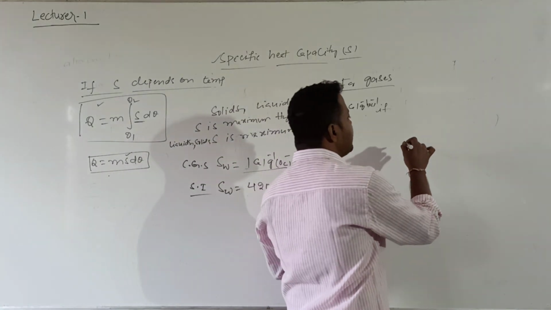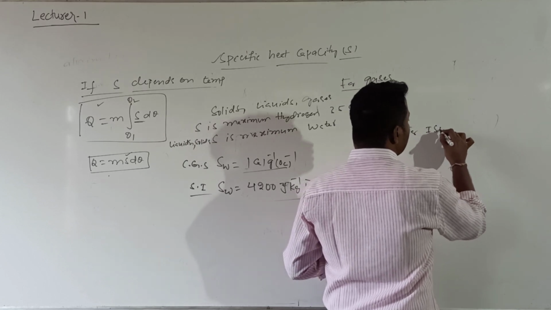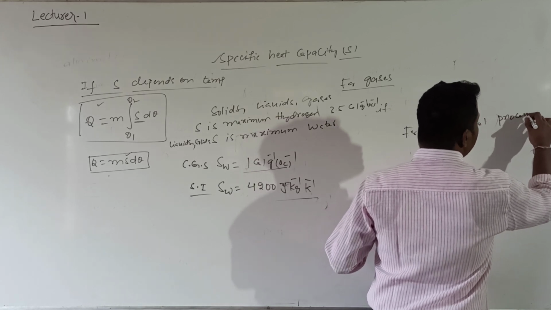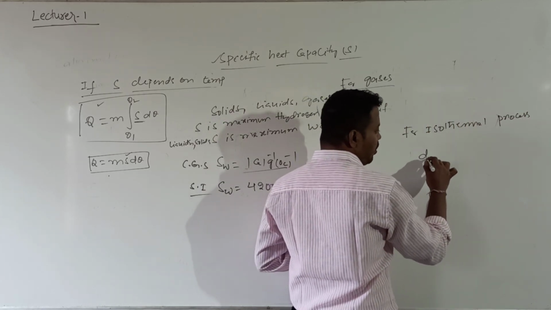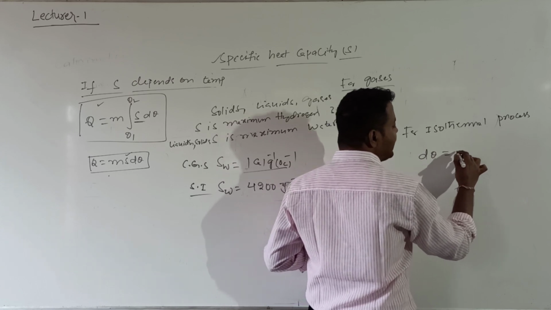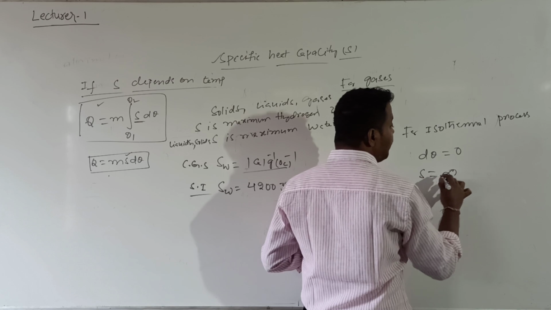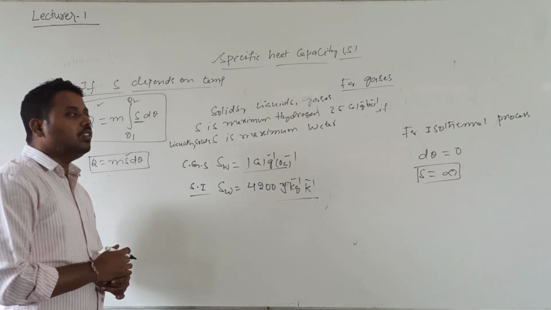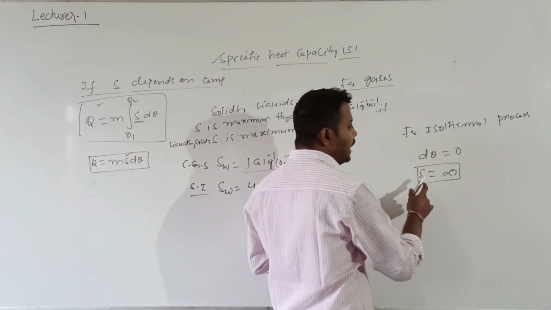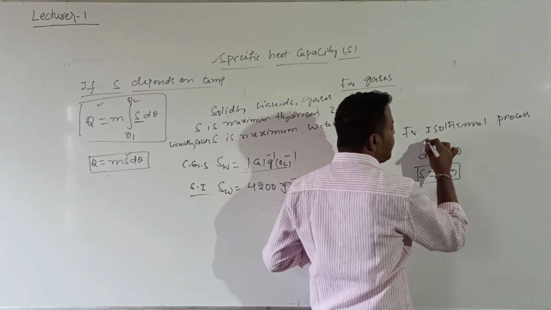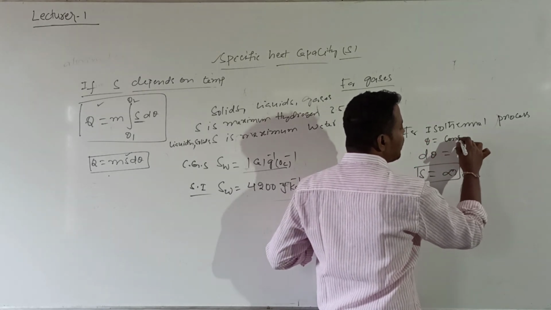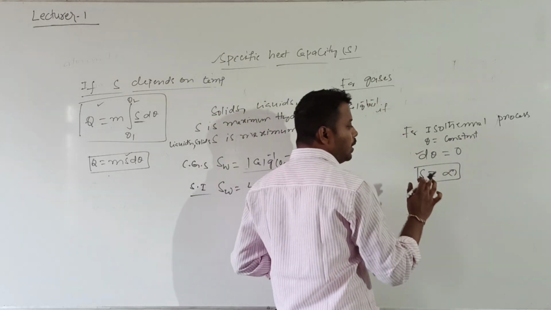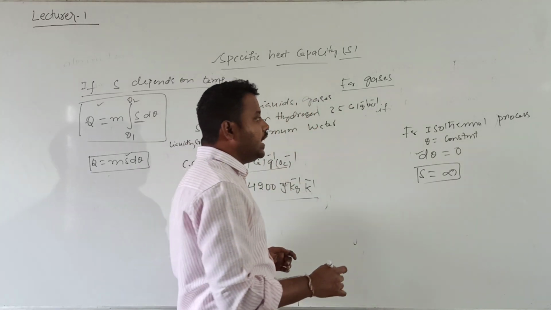And one more important point is for isothermal process. What is isothermal process? We will come to know in thermodynamics. Whereas in isothermal process, so what will be constant? Temperature will be constant, then d theta is 0. So specific heat will become infinity. Why is it infinity? S formula is 1 by m into delta Q divided by delta theta. Delta theta value is 0, whereas in isothermal process, temperature remains constant. Whenever temperature remains constant, change in temperature is 0. Then what happened to S value? S value will be infinity.